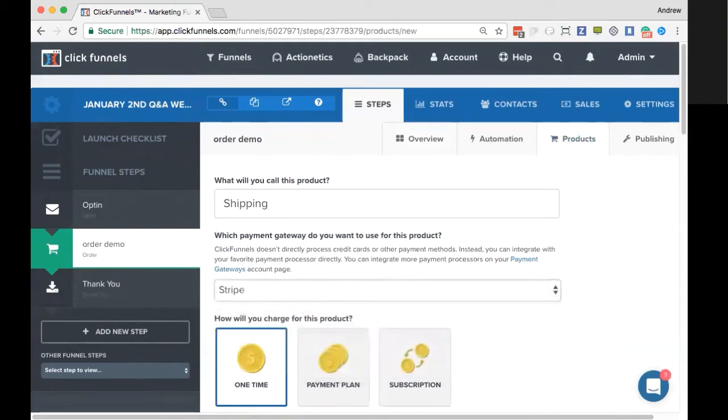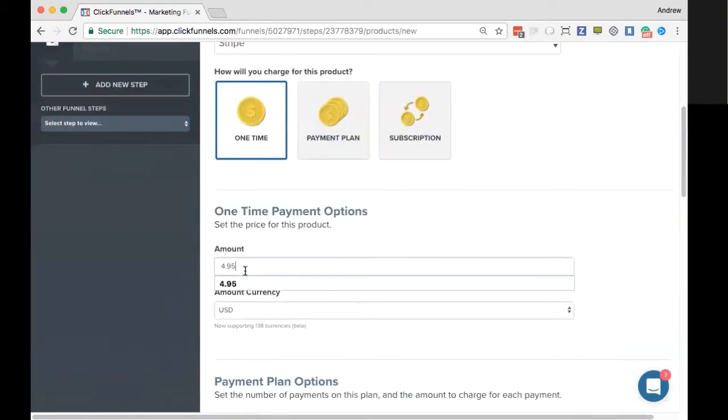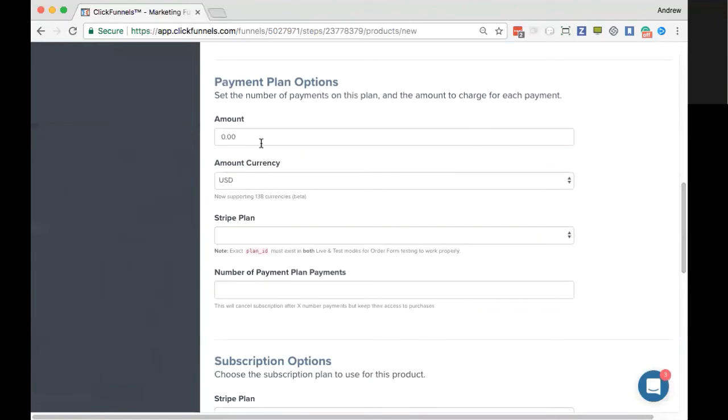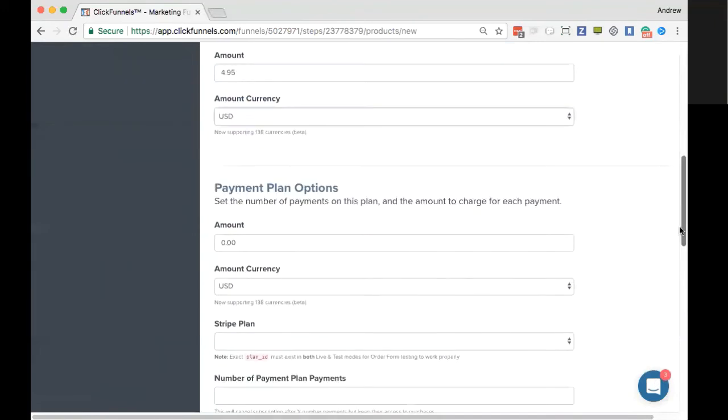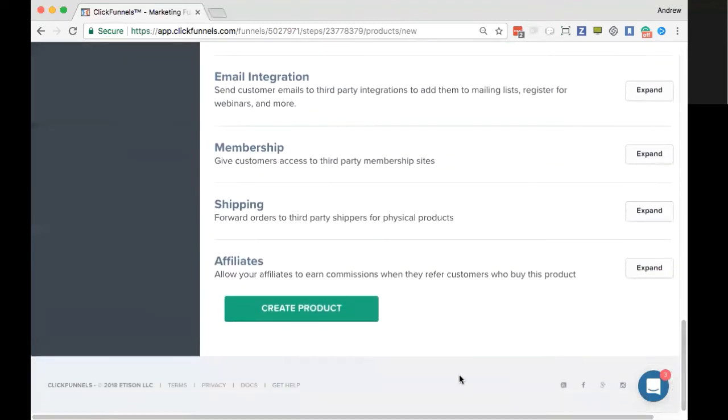And we'll use Stripe for that, and a one-time payment. In this, the $4.95 or whatever we're going to charge for our shipping is what we'll put there. Select our currency. And then we can go down to our payment plan. If we have a payment plan option, whatever it might be, if we want to set up a subscription with that, we can. But in this case, we're just going to do a one-time payment of $4.95 and then create